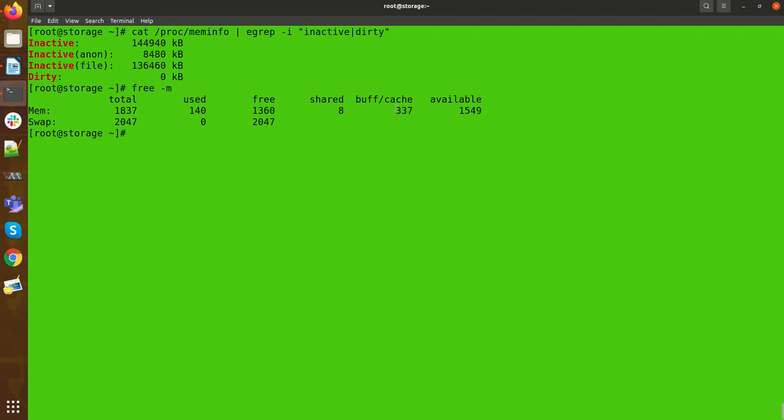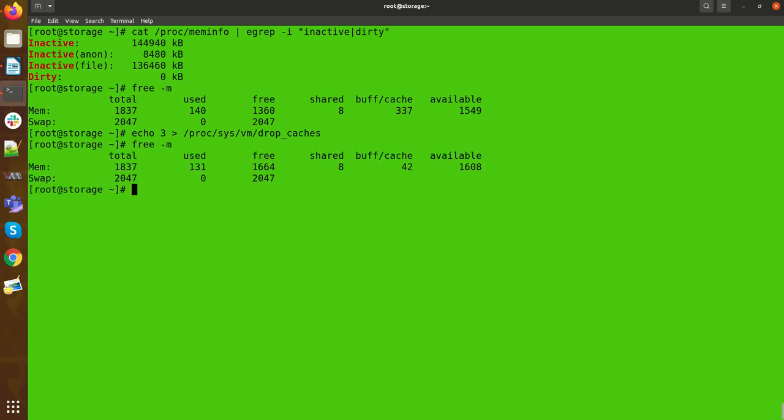Let's suppose we have buffer and cache, and we want to flush that cache. This is generally not recommended in a production environment. Echo 3 flushes page caches, directories and inodes.